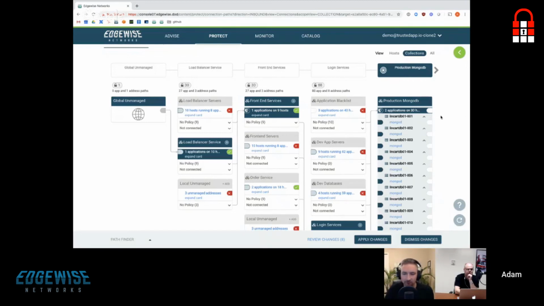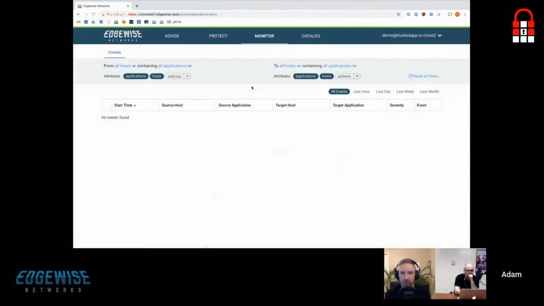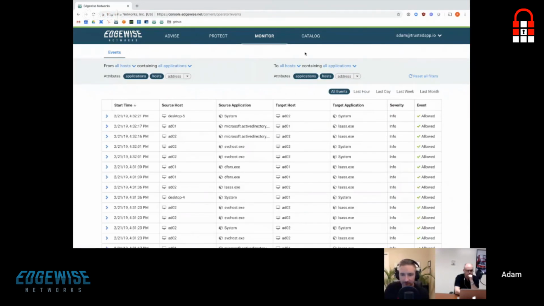Now, from the standpoint of what happens if I have a policy violation, right? What happens if I actually have to enforce a block? Whether that be because I have something malicious happening, or because I have a user attempting to connect in some way that they normally didn't before, or maybe I made a mistake or something's changed and I need to update the policy. That's where we have this monitor section for. So once I've applied these policies, we are actually showing you every time that the environment is going to take an action. So that's where we come to the monitoring section here.